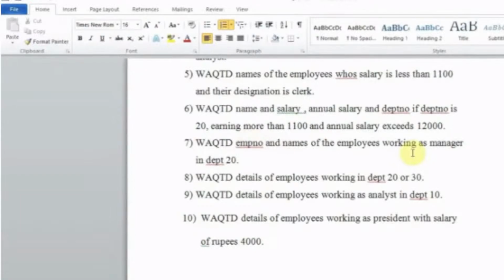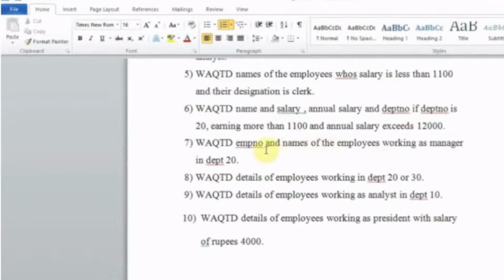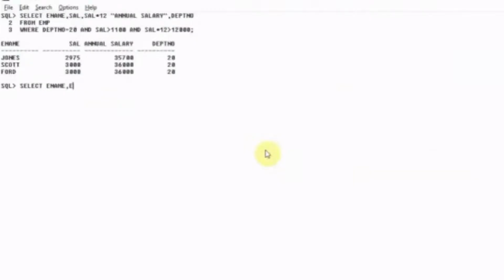Write a query to display employee number and names of employees working as manager in department number 20. So this is also same guys, I need to display employee number and names of the employees. Okay, so I will write select employee number and employee name. So first I will write EMP number, after that E name guys. I will be selecting these things from the EMP table